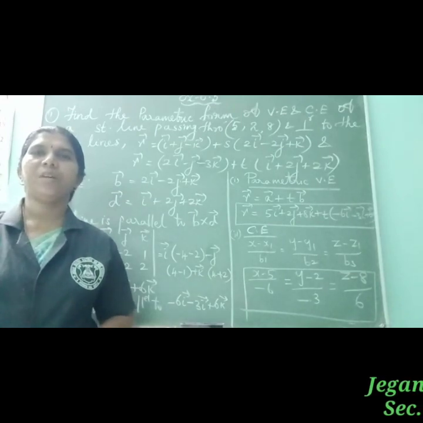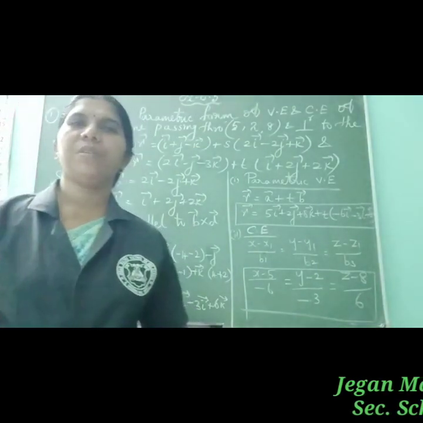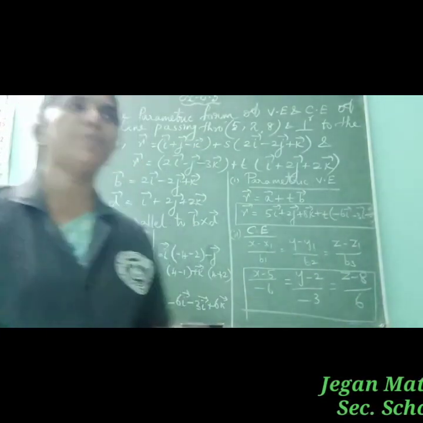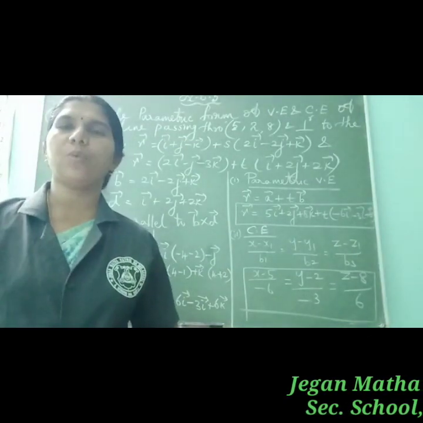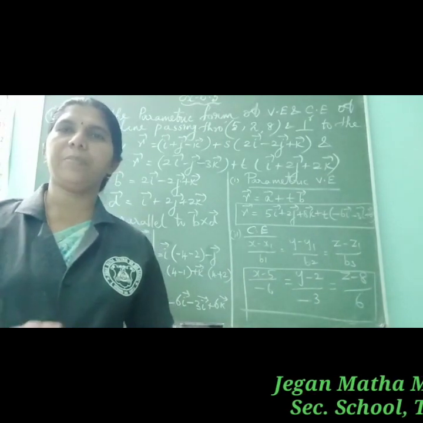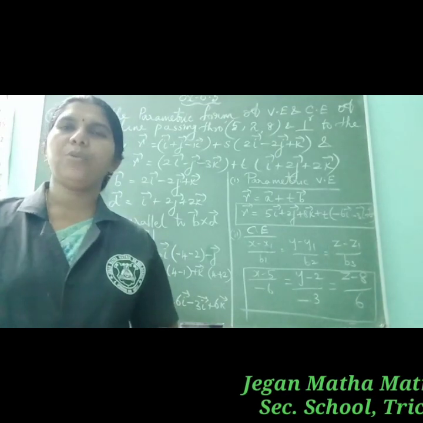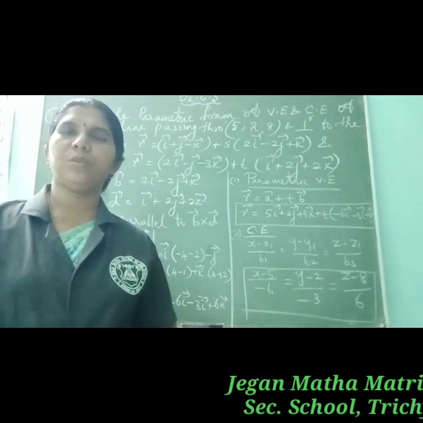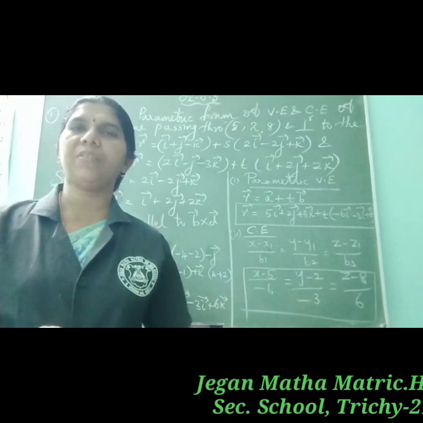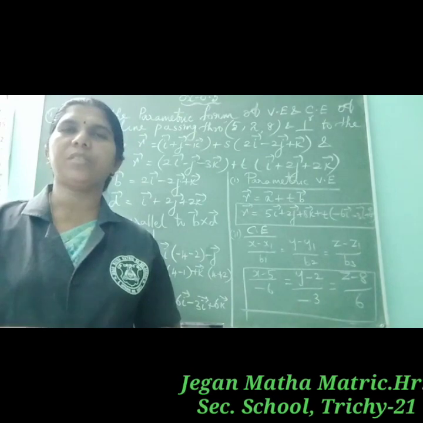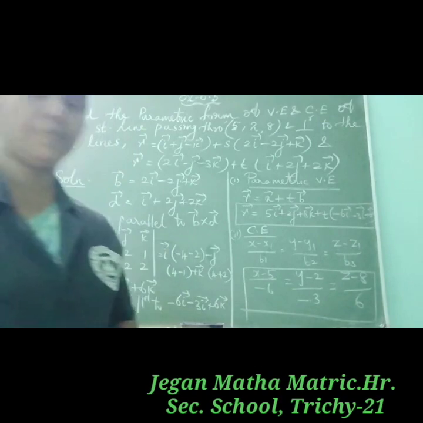Hi students, now I am going to take 12th standard maths, chapter 6, application of vector algebra, exercise 6.5. In the last exercise, we discussed how to find the vector equation in parametric form, non-parametric form and Cartesian equation, and how to find the angle between two lines, etc. Today also the same formula, but the question is given in a different form. With the given question, we have to identify the values and substitute in the formula. Let us see the sum.